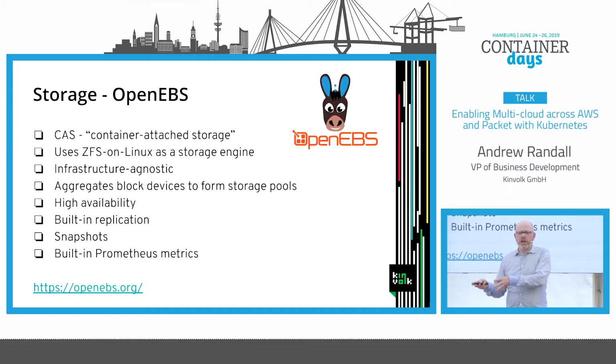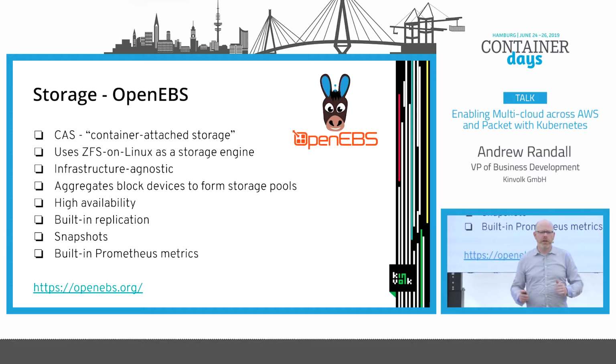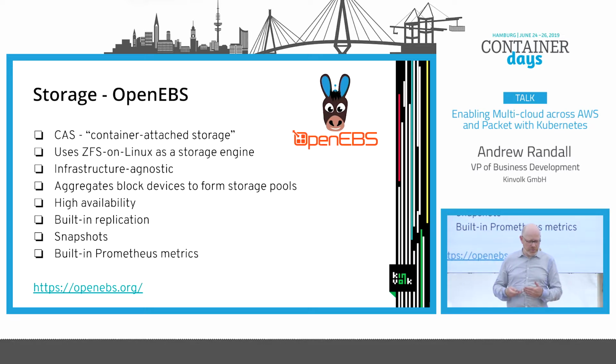There are a lot of really nice attributes. It takes underlying block storage and presents it as dynamic pools to the application using ZFS. You can turn on replication, so you can have the same storage appearing across the cluster, and it implements high availability. So if a pod dies and another one is recreated somewhere else, the storage just picks up for the new pod from where it was. We're using Prometheus for monitoring everything, and like a lot of Kubernetes native projects, it puts its metrics into Prometheus. So we quite like this.